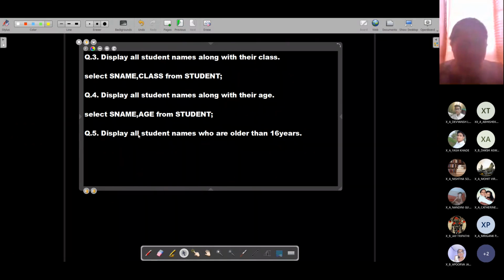Although it has been specified to display all student names, in the condition they have specified who are older than 16 years, which means there should be a way for the person to also see the age of the student, so as to figure out that the output is correct. So we will write select S name, comma, age, because the age of the student is in question over here. So age from